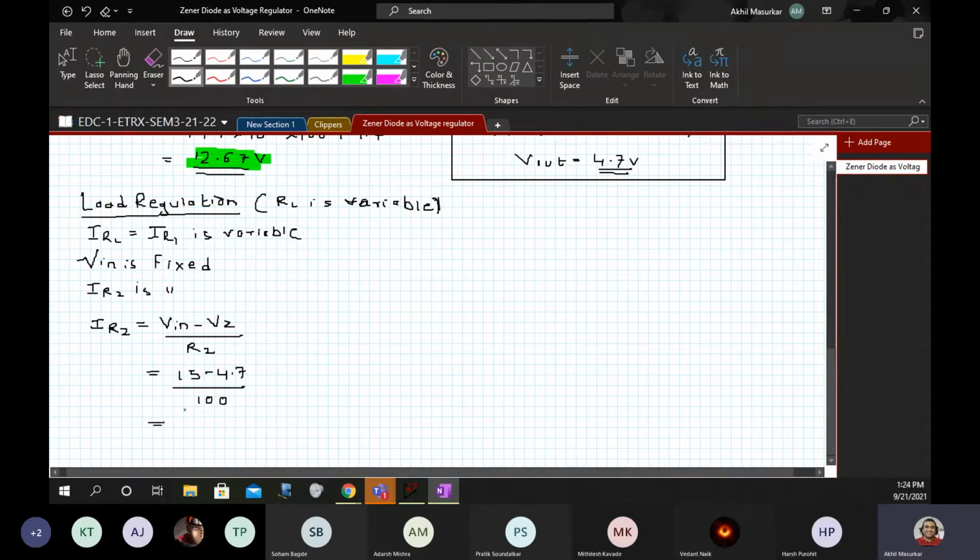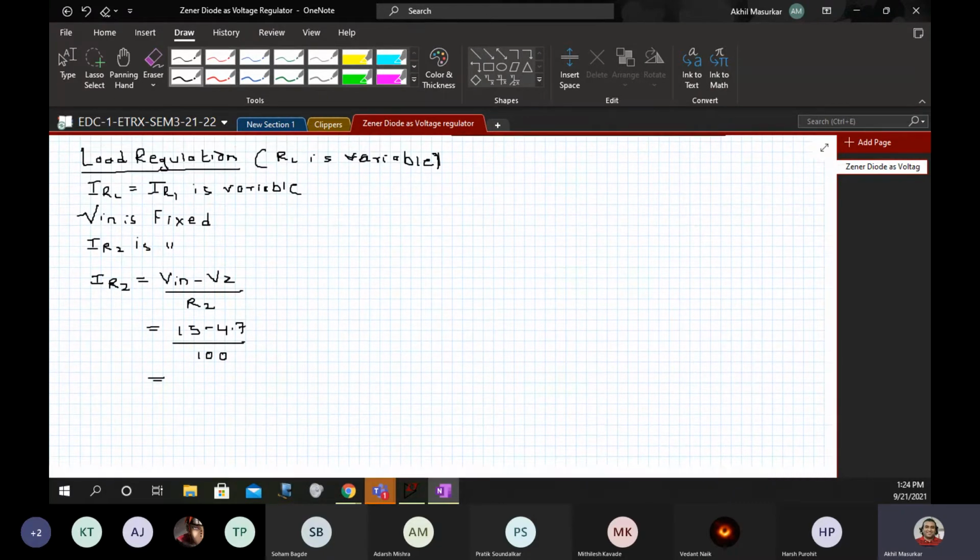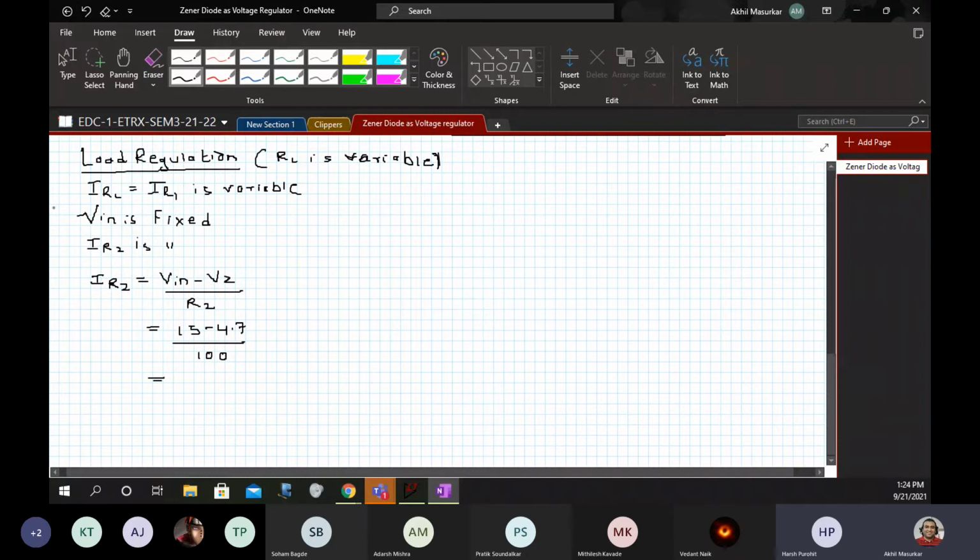Can somebody tell me what is this value? Sir, 0.103. 0.103 amperes, that means 103 milliamperes, correct? Yes, it is 103 milliamperes.